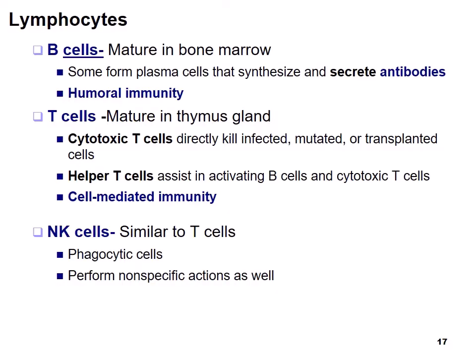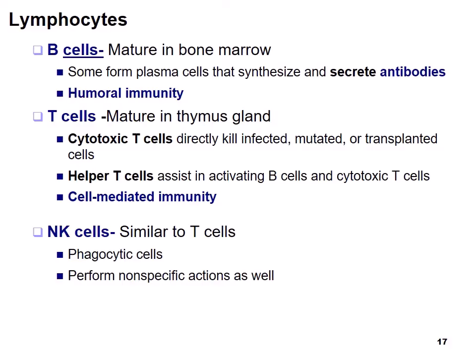So T cells include cytotoxic T cells. If we look at the word cytotoxic, cyto means cell, right? So these are cells that attack other cells. So cytotoxic T cells directly kill infected or mutated or even transplanted cells. If you receive a transplant, oftentimes you need to be on immunosuppressants so that your own immune system doesn't attack